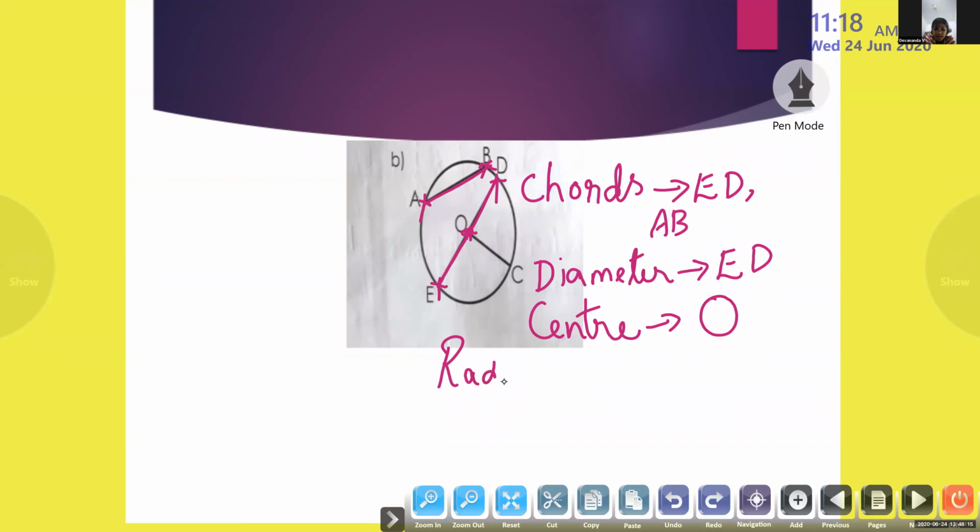EO. E-O. You can start always from the center. O-D. So this line is over. Only Daksh is answering me now. All others be quiet. O-D. Yes. Then